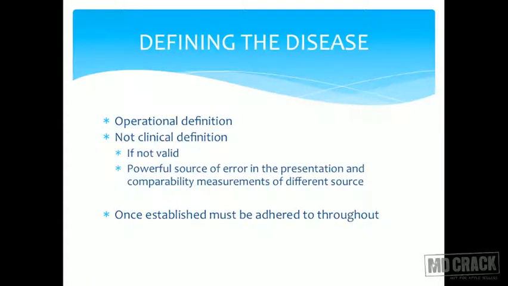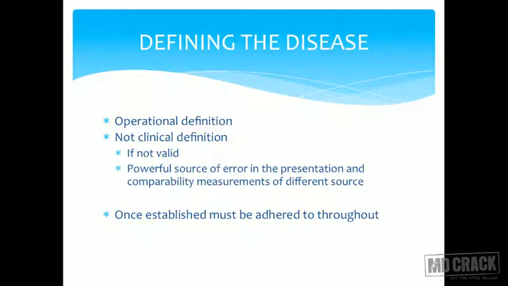Coming to defining the disease, here you have a couple of considerations more. When you define the disease, for a clinician, a clinical definition is good enough. Say for example, I have to diagnose tonsillitis: a kid comes to me, I ask him to open his mouth and I see red enlarged tonsils. The patient gives me a history of difficulty of deglutition. So it is very easy for me to say this is probably a case of pharyngitis or tonsillitis. But if I have to do an epidemiological study, this definition is not good enough.